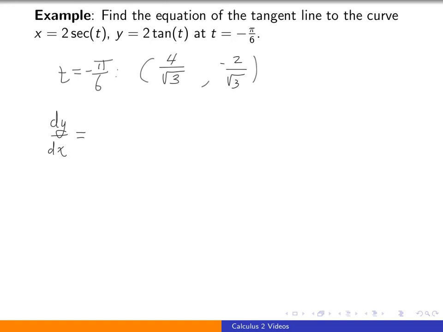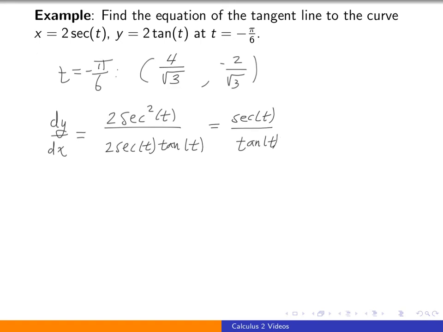So dy dx is dy dt. The derivative of 2 tangent is 2 secant squared. Divide it by dx dt. And the derivative of x with respect to t is going to be 2 secant t tangent t. And crossing off a few terms, we're left with secant